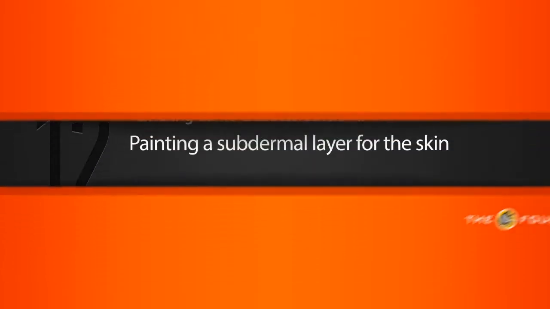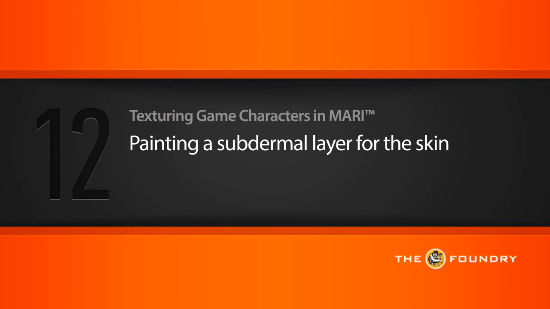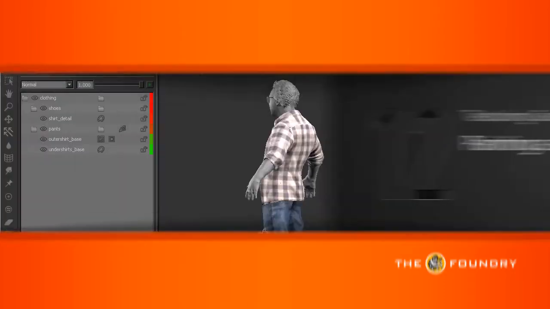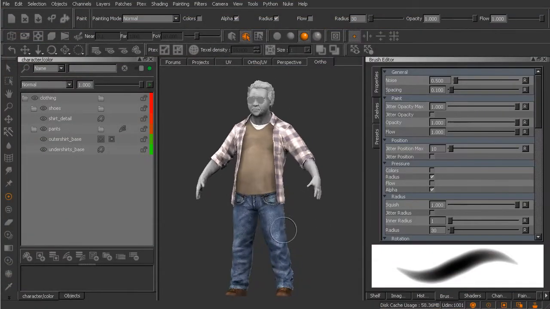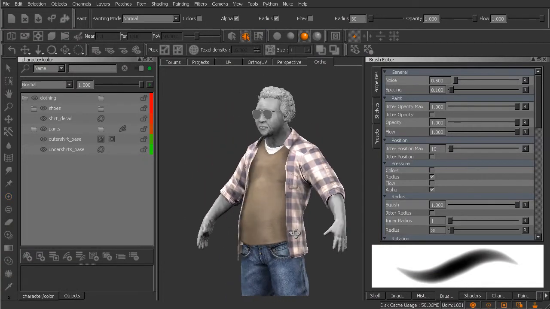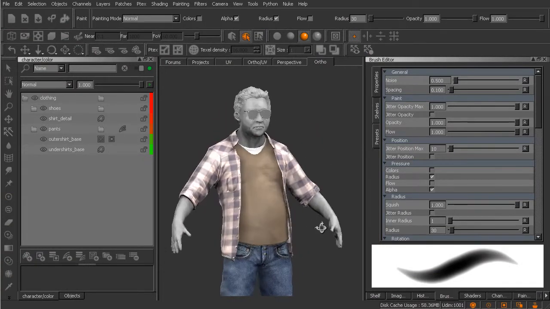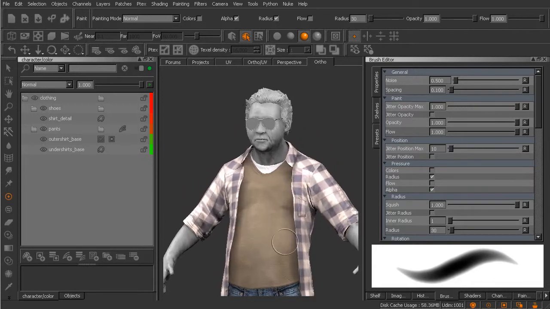In this lesson, we'll learn how to paint a subdermal layer for the fleshy areas on our character. All right, great. So this is kind of where we're at. We have wrapped up the clothing elements of the character, and we're down to the fleshy or the skin areas. So the first thing I'd like to do is zoom in here, and I